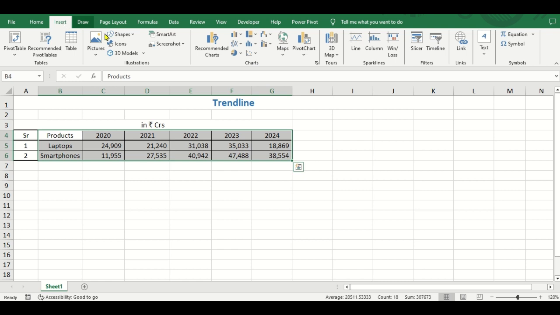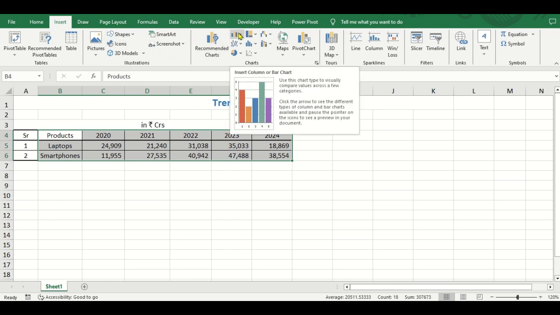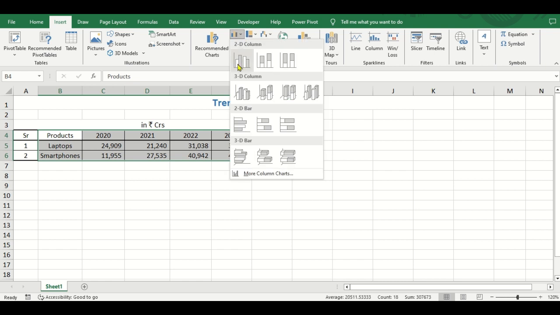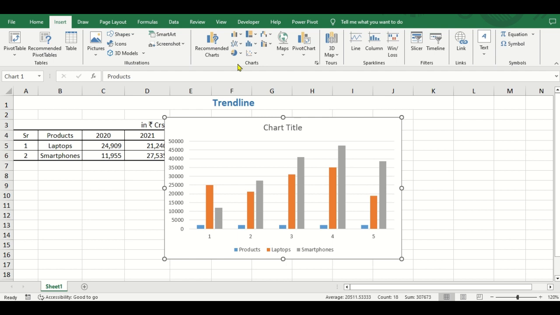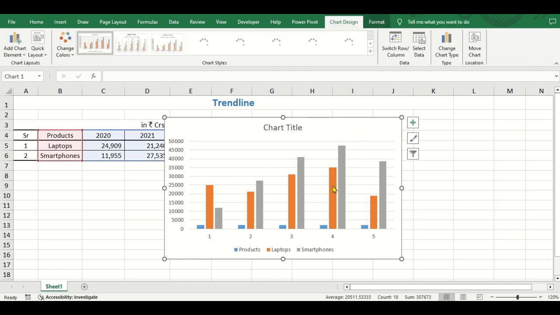First we will need to insert a chart. So let us insert a column or bar chart. The first one is okay, that is a clustered column. Now in this you can see there are three lines coming, blue one is also there. So what we have to do is we will need to